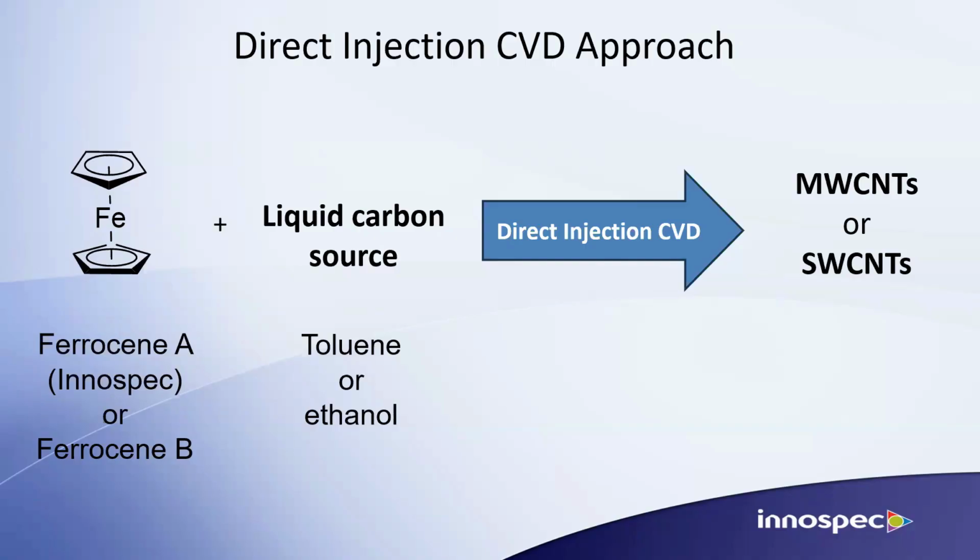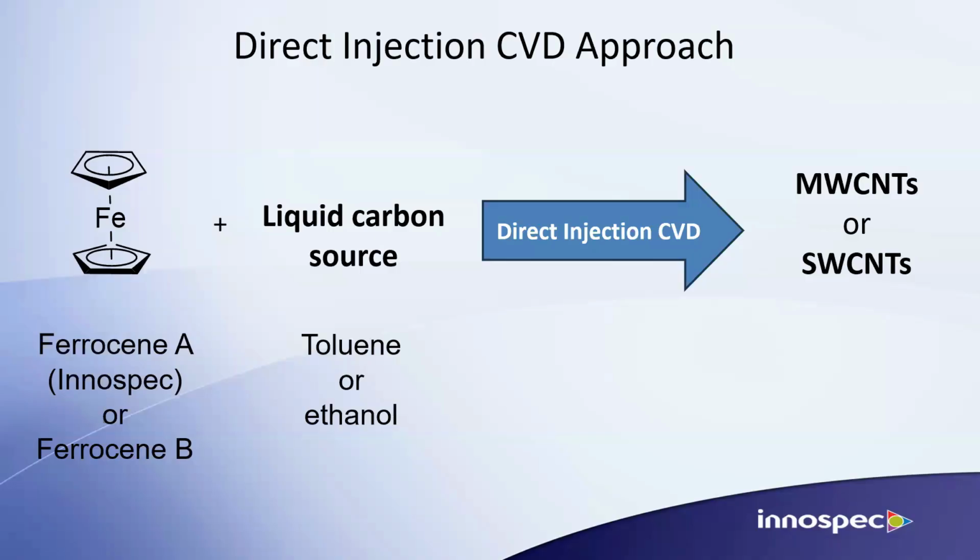So both ferrocene sources were evaluated under the same process conditions to allow comparison of how the choice of ferrocene alone impacts the carbon nanotube quality. And as with the work presented earlier, we did not use gaseous carbon sources, instead only liquid carbon sources were used for ease. So toluene, xylene, cyclohexane and ethanol were investigated for multi-walled carbon nanotube synthesis, but with toluene results are presented here. And then for the single-walled carbon nanotube experiments, I will show the results obtained for using toluene and ethanol as